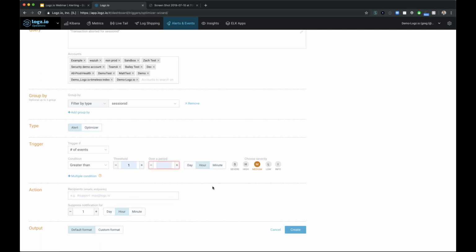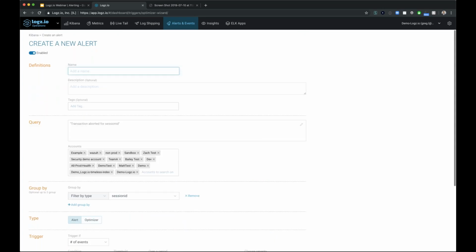If we want to do a larger check, we can absolutely define that. And so now we have this created in the context of the platform. This could go to a Slack channel. So maybe in this example, I'll have it go to our demo alerts channel. And then once I hit create alert,